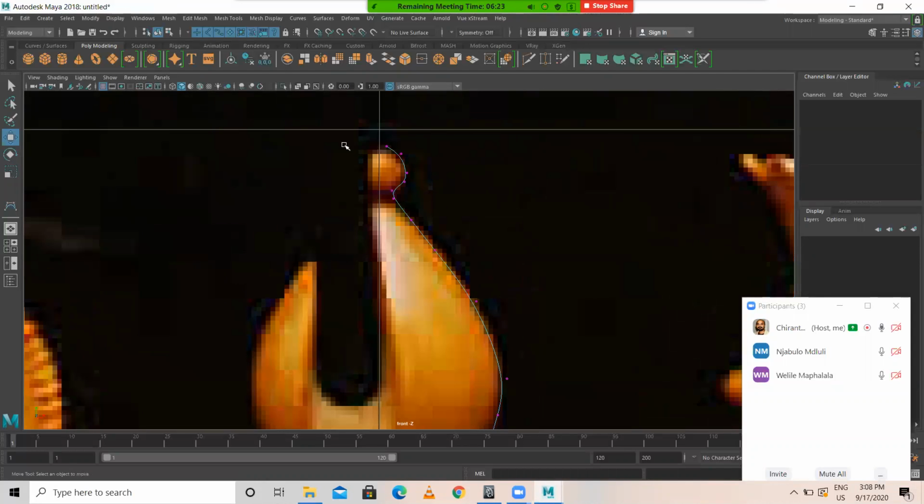Okay, now after this, control vertex, select. Like this.